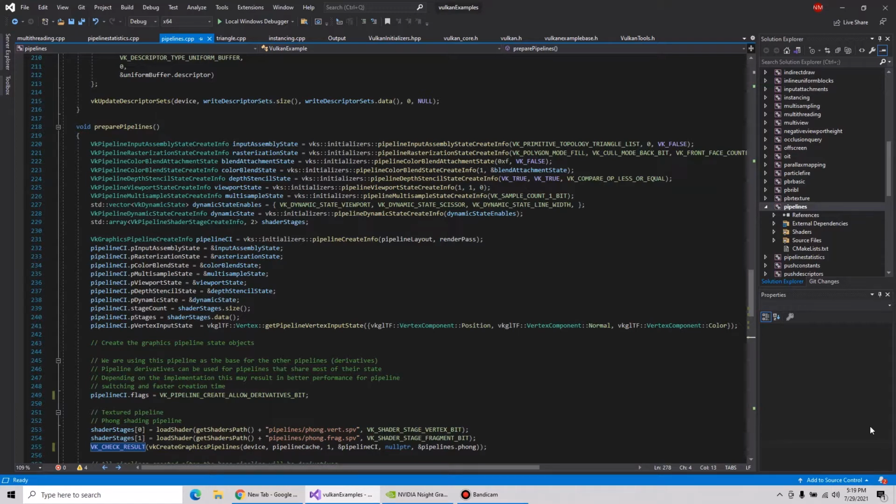So today I want to discuss pipeline derivatives. The long and short of it is that pipeline derivatives exist in theory to make it less expensive to make other similar pipelines after you've made the base pipeline. Let me repeat again. You make a base pipeline and you want to make another graphics pipeline off of the base pipeline, and essentially